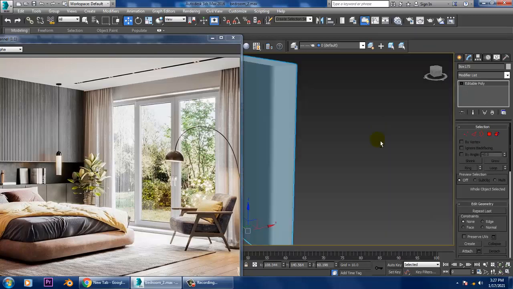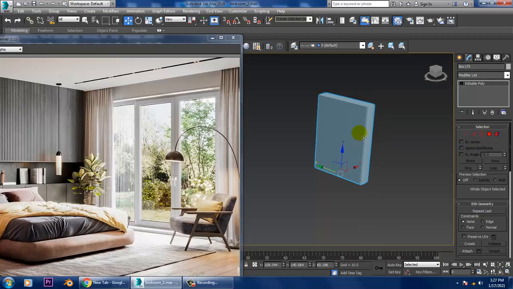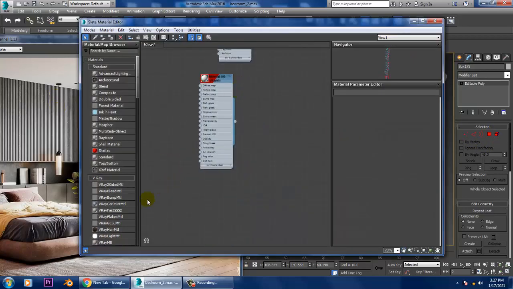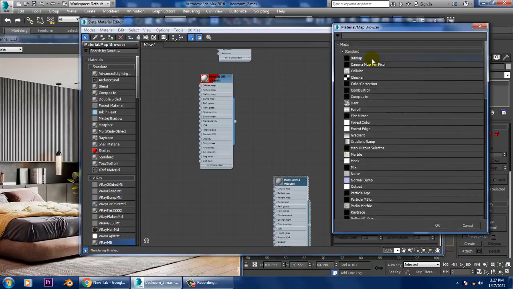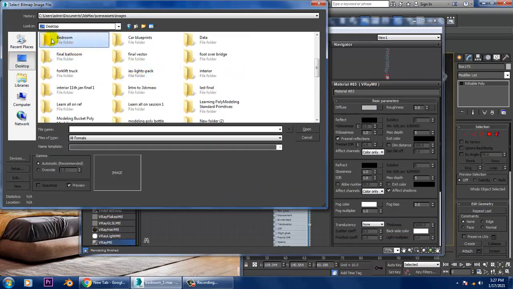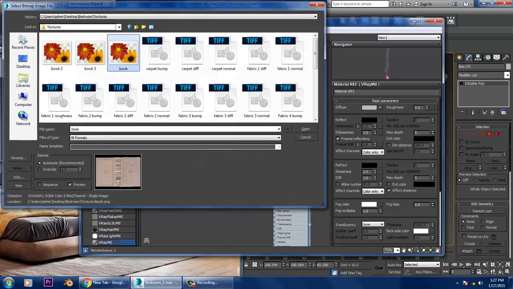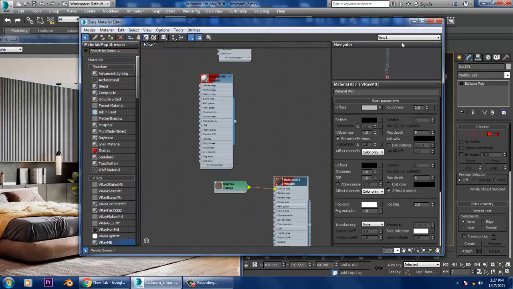I'll select this, go into material and take a V-Ray material. I'll go into the bitmap, into this bedroom textures, and we have some book textures over here.